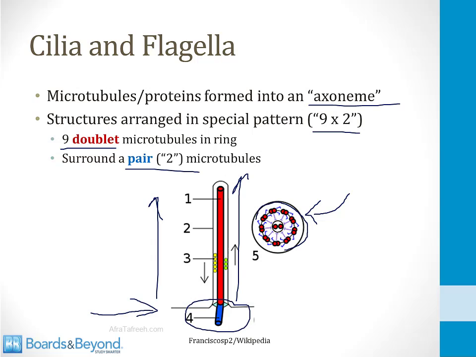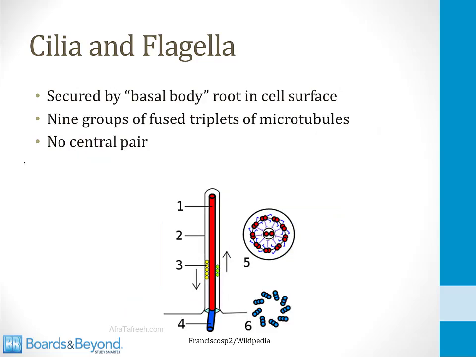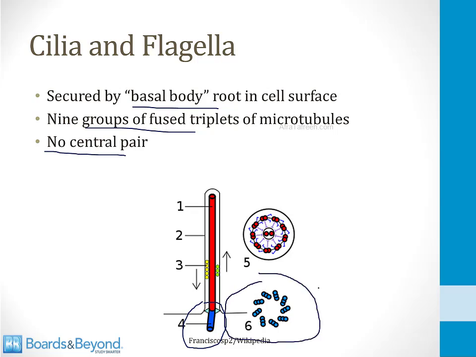In the middle, there is also a pair of microtubules, and this is called the 9x2 arrangement. As I mentioned previously, the cilia and flagella are secured to the cell surface by a structure called a basal body. That's the blue structure in this picture on the screen here. The basal body is set up a little bit differently from the other portions of the axoneme. This has 9 groups of fused triplets of microtubules and no central pair. So here's a picture of what the basal body might look like: 9 triplets of microtubules and nothing in the